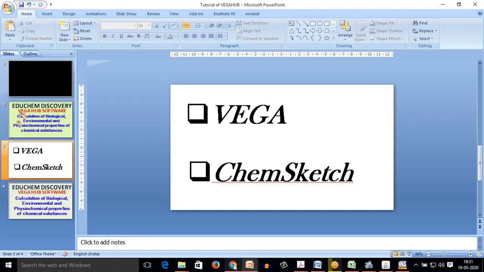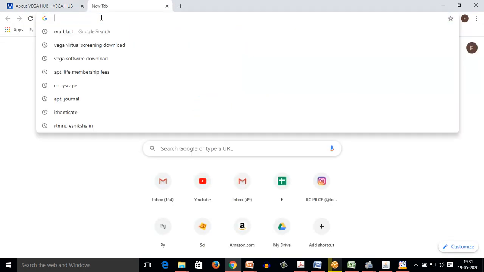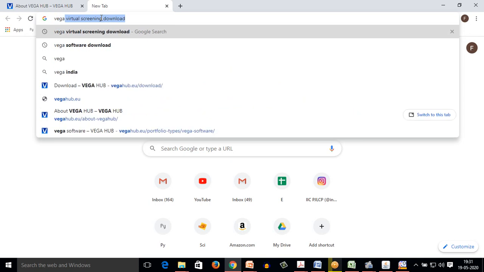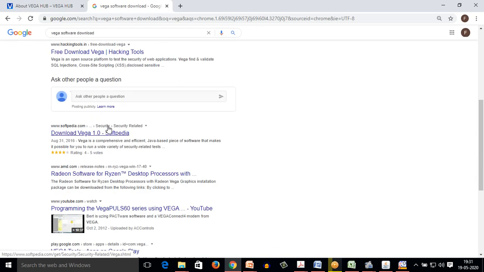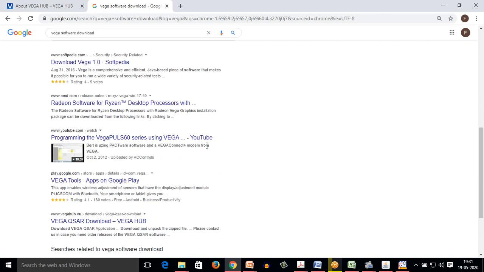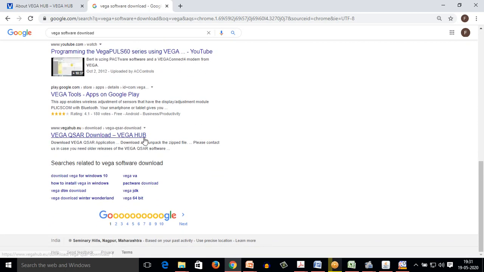So let's start. Firstly, as I mentioned, you have to download the Vega software. As I have just written in Google, Vega software download, you will get many results with this name, but currently for our purpose the software which is needed is Vega Hub.